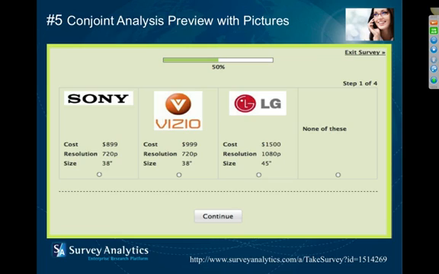We're looking at cost, resolution, and size, and then we can decide which one, based off of the different brands that they're given and the cost, resolution, and size, they would choose. And again, these will be cycled through. You'll see this here is step 1 out of 4, so this will be shown to them 4